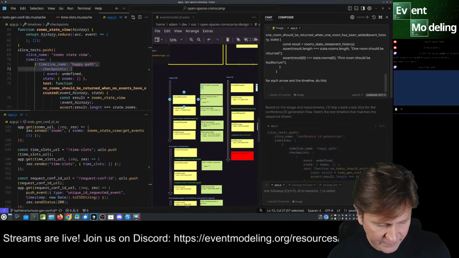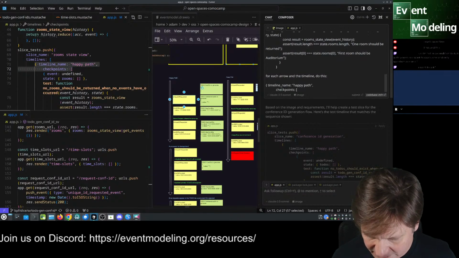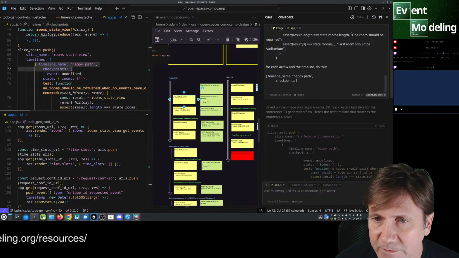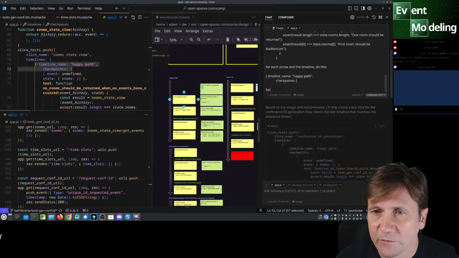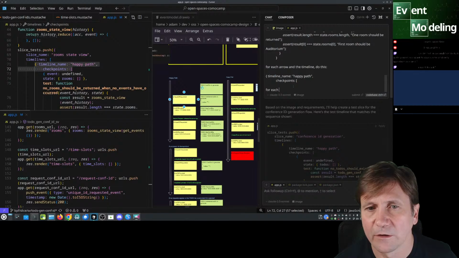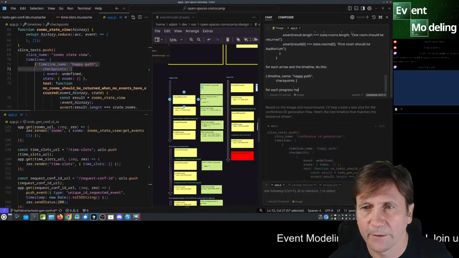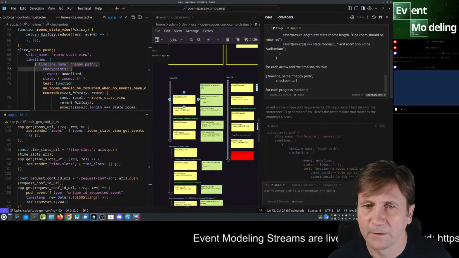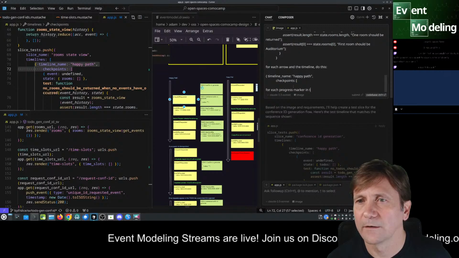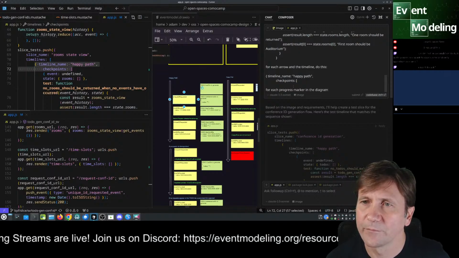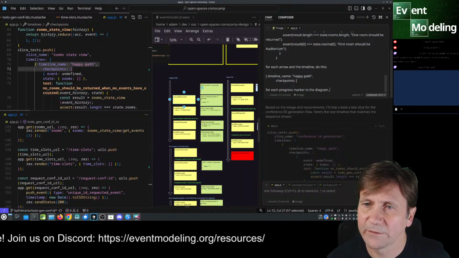Okay, so just taking the other approach of me being extremely descriptive for each progress marker in the diagram, and do this.